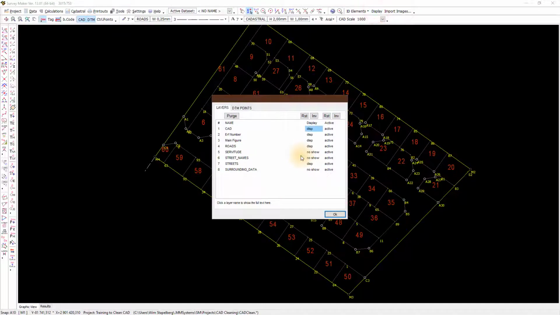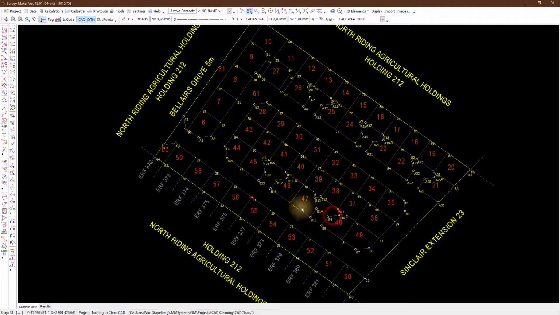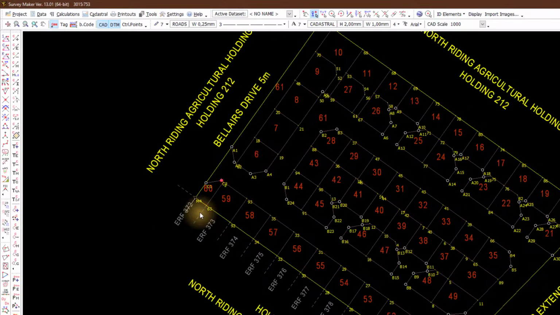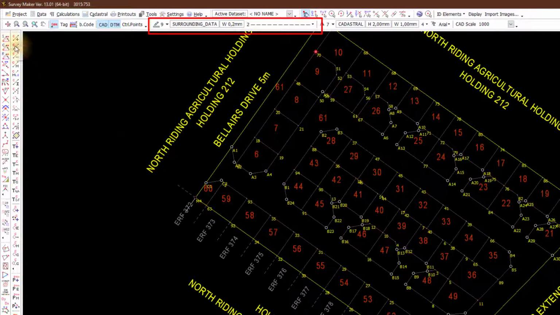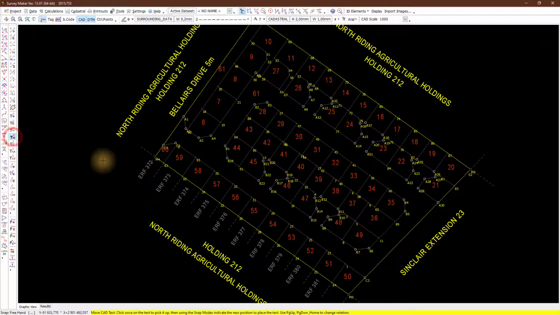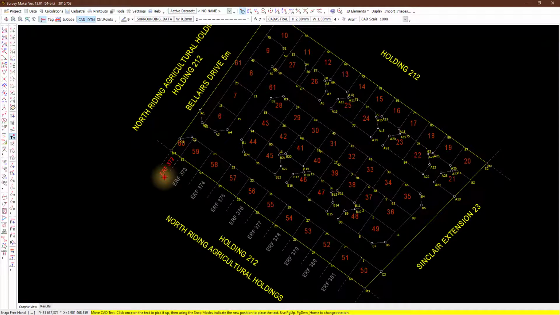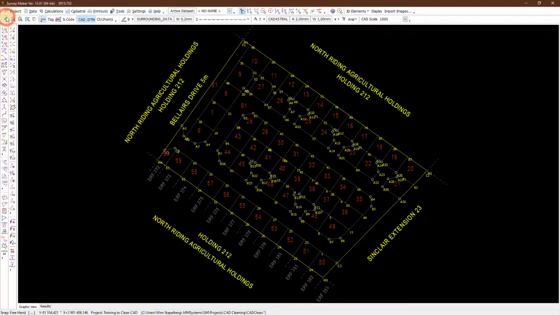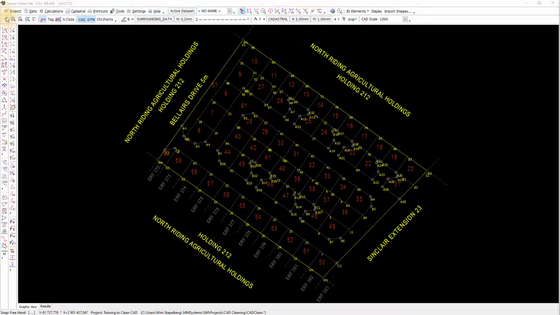I turn my surrounding data layer on. Then I hold my cursor close to a surrounding line and press delete. This gets the properties and I edit the line to have the same properties. Okay, this is the final product. We have some surrounding text and lines, and just to demonstrate how the CAD layers work,